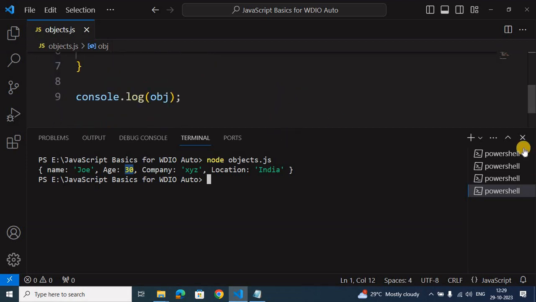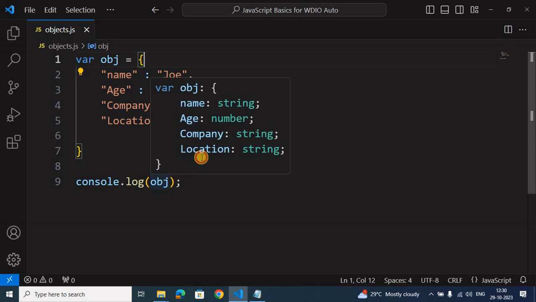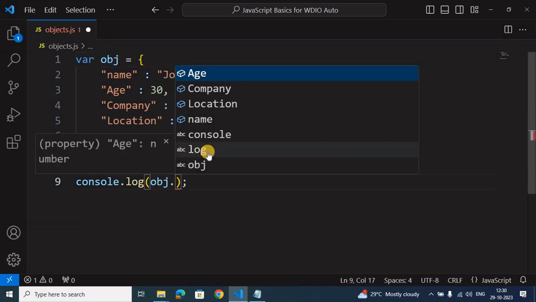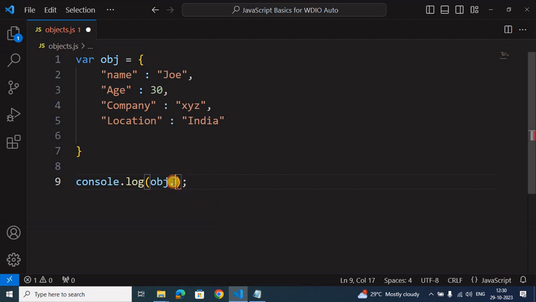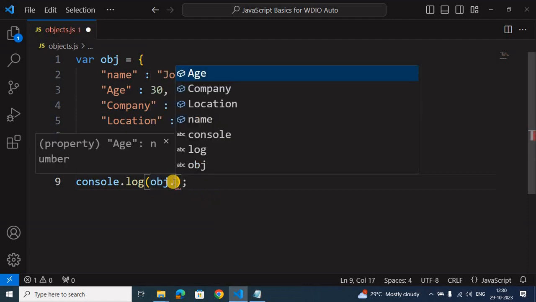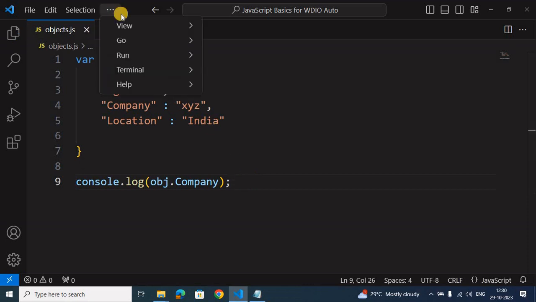So how I can do that? I can do this, object dot. See, if I hit a dot, I can see all the keys present in the object. I repeat, if you hit a dot, I can see all the keys present in that object. So I can see age, company, location, and name. Suppose I want to print the company. Okay. If I run this now,